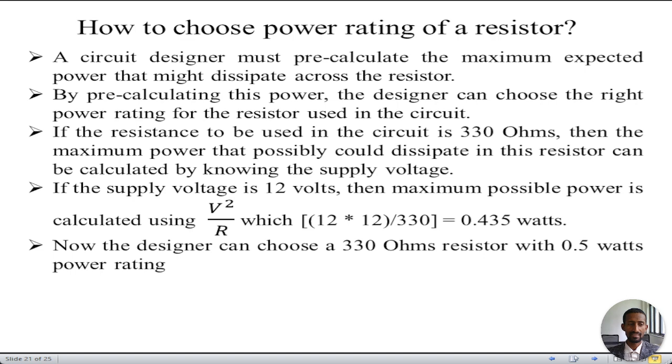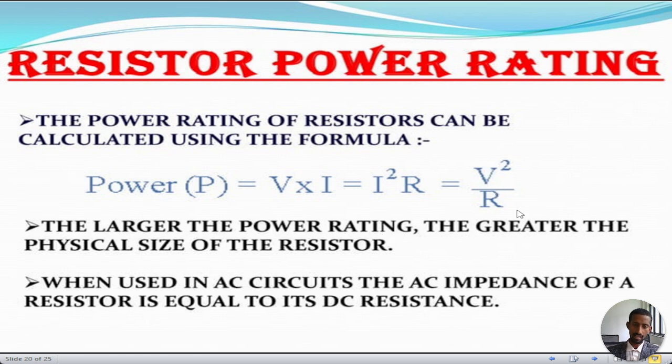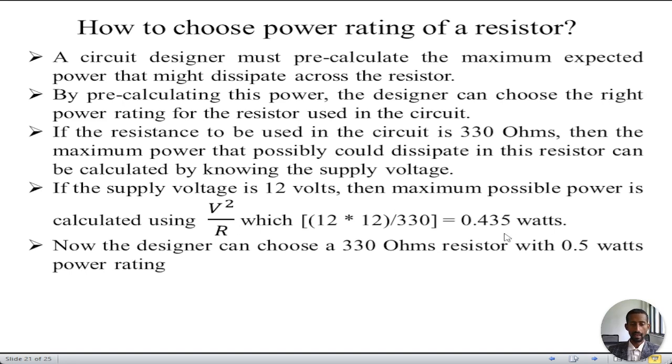For the time being, let's say, for example, as a design procedure, you have selected a 330 ohm resistor. Then what will be the maximum power? Possibly, if the supply voltage in your circuit is 12 volts, you can easily calculate using the previous formula: you have a voltage and you have a resistor, so you can get the power dissipation across your resistor. So you can calculate like this. Approximately,